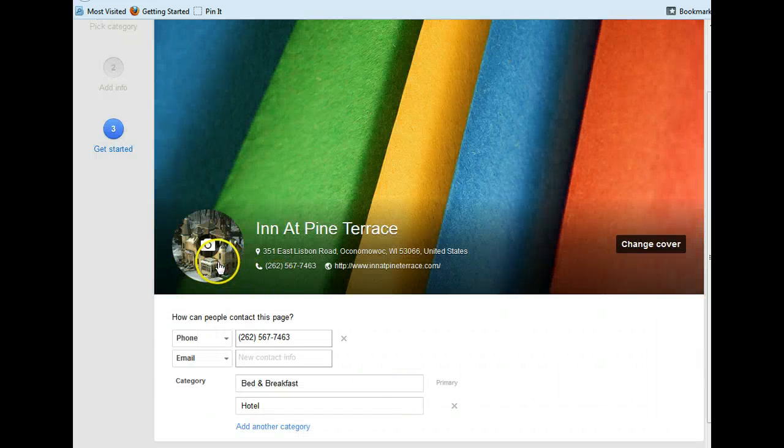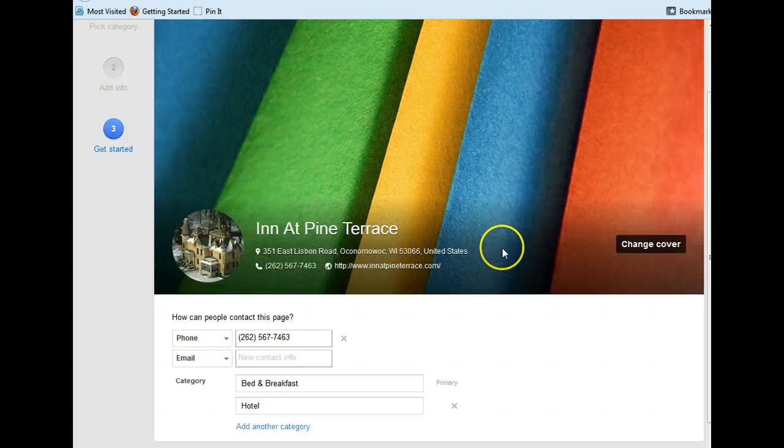This is a great place for a logo. If you have a logo that'll fit in a circular area like that, definitely use that. Or another great thing to use there is your sign. If you have a really nice head-on picture of your sign, go ahead and use that. It works great. If you don't have a sign or a logo though, go ahead and just put a picture